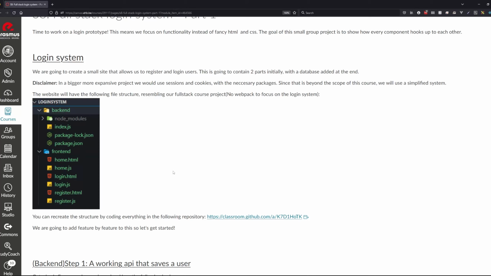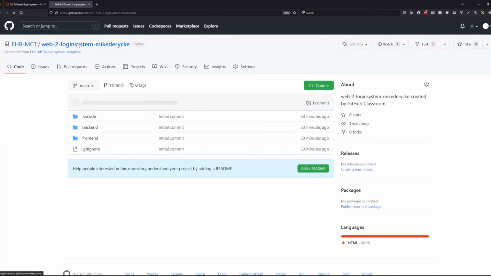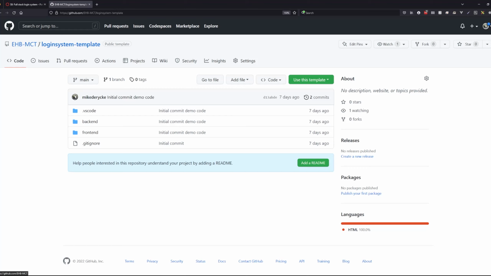These are just empty JavaScript files, or you can go to actually my repo, which is the GitHub Classroom one. So this is also a public one. So as you can see, you can go to the URL that I will put into the video notes, so you can start from there as well. Or you can just type in the template here itself, which is github.com/ and then ehbmct/ this name. Then you have the template. I would suggest getting the template, login system template, and then you have the empty files and you can start